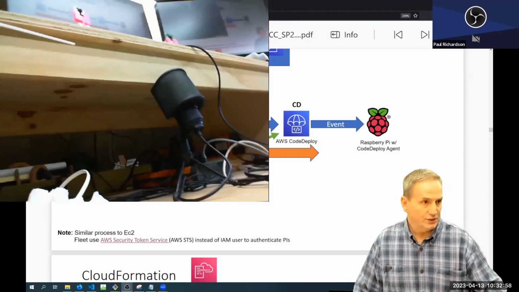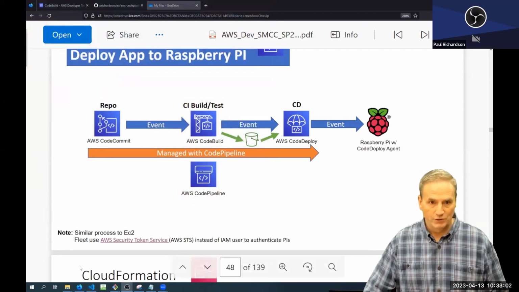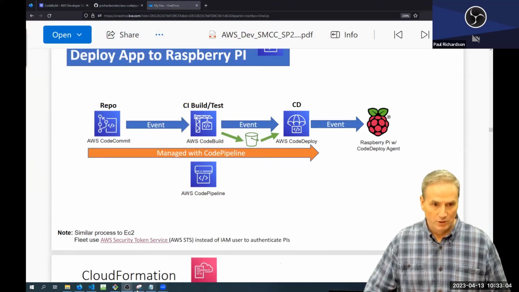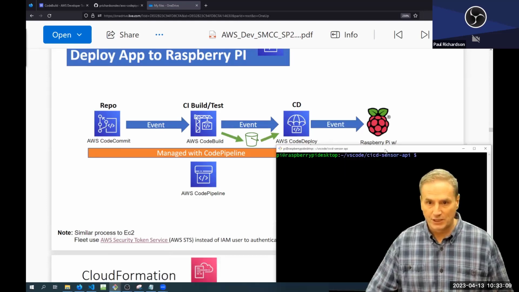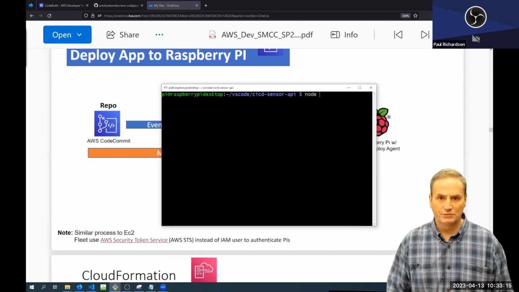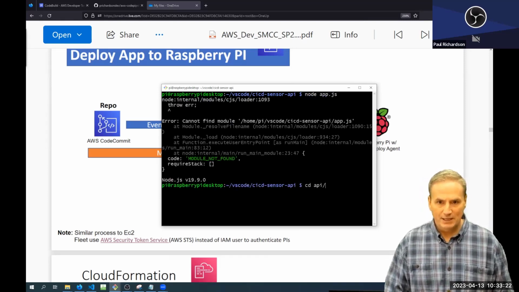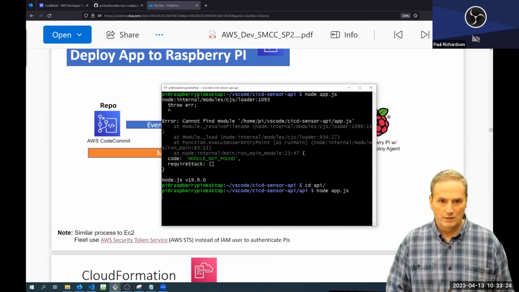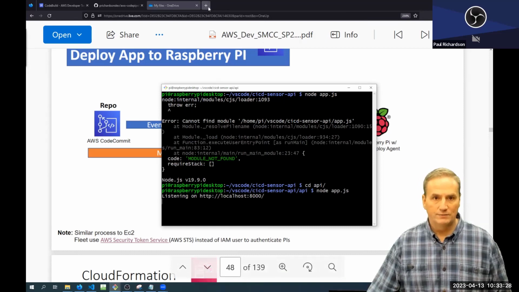And I guess we can just, for the purpose of showing what we're actually doing here, for anyone that's new, let's go to the development machine here. And what we can do is, I think this is all set up and good to go. So we can just do node or pm2.js. Let's see here, cd api maybe. Okay. And if we go to localhost 8000,